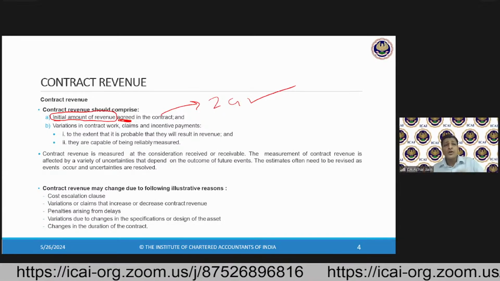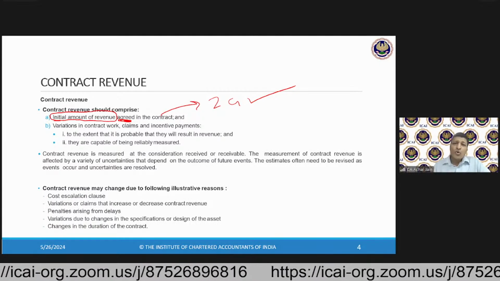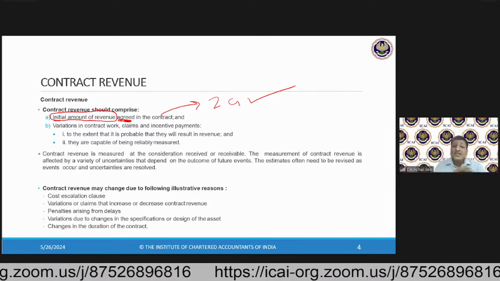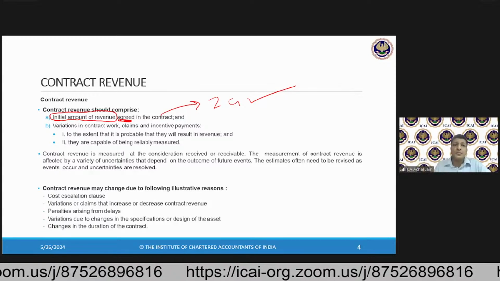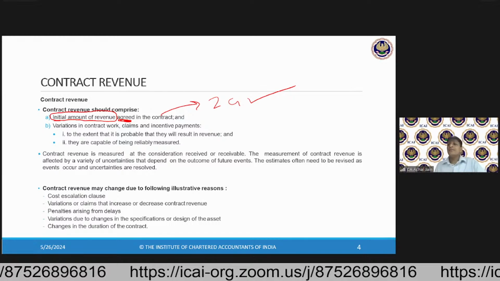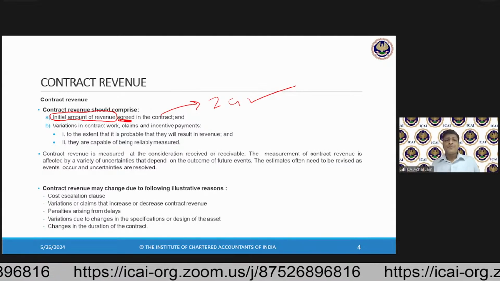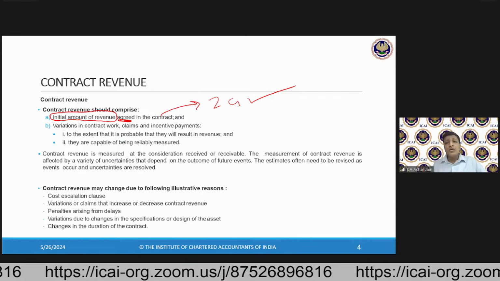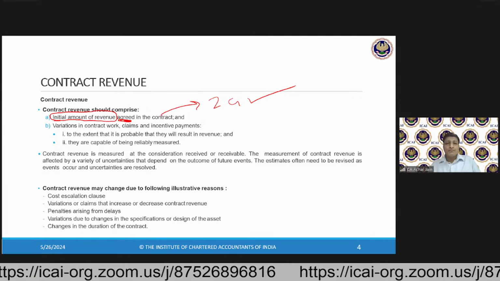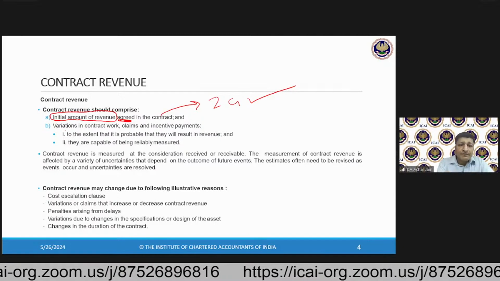Another component of the contract revenue could arise due to variations. See, if you look at the way this project works, the way these contracts work, because there is a time horizon which is for a longer period of time and which goes on for a number of years, okay, for a long period of time. So that's why at times the contractor may feel that his cost incurred is higher. Okay, he estimated say X amount, but he has actually been incurring X plus 1 amount. Okay, so his cost has gone up. So that's why what he may do is he may ask for some variations,